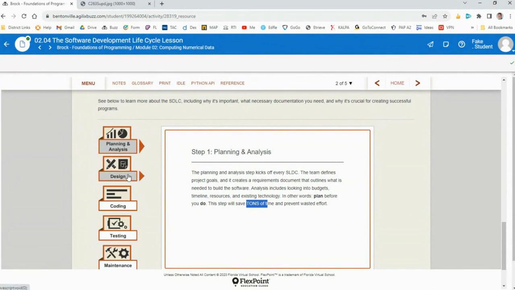Let's look at design. So rather than jump right into writing your code, programmers use these steps to write their pseudocode. Right? That's where we kind of do a mock program, a fake program. So this helps them think through the entire process, make sure their logic is sound. It's also where they provide mock-ups of what the software is going to look like. Well, it's going to kind of look like this. They may draw an output screen, how it should work. And they record everything in the program design document.